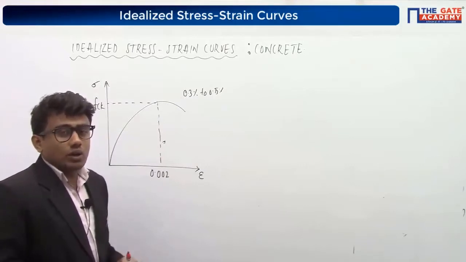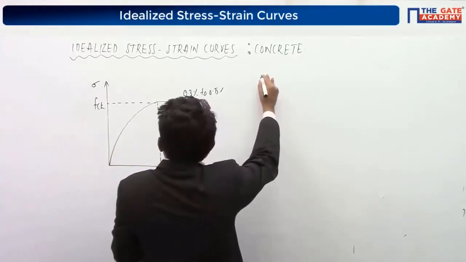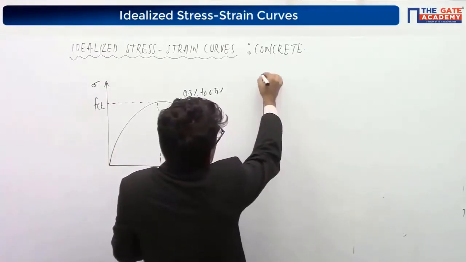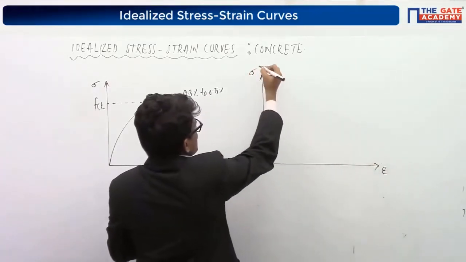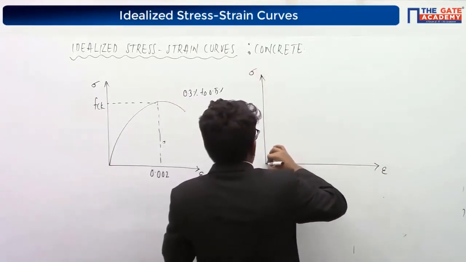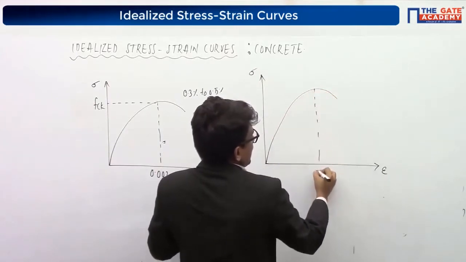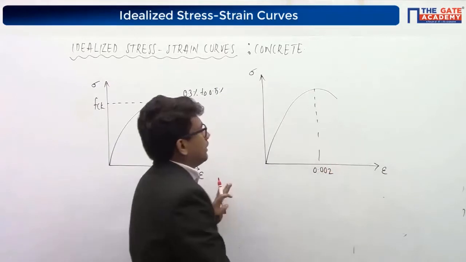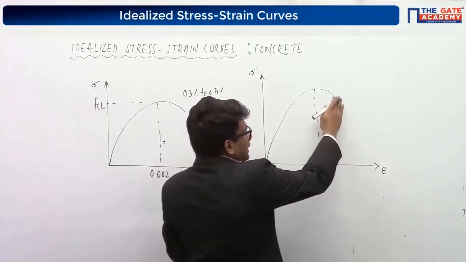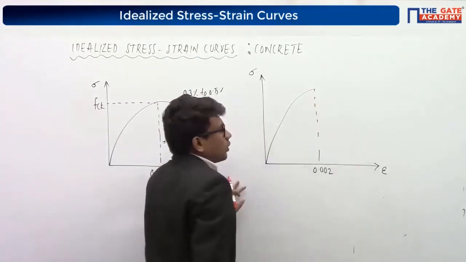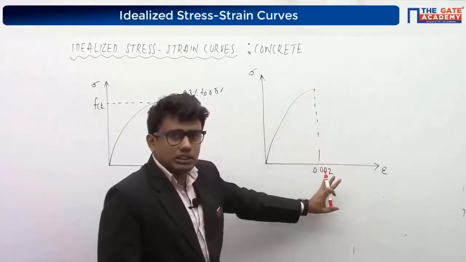Our IS 456-2000 gives us a different stress strain curve. It suggests we consider the stress strain curve like this. Here we have our strain value and our stress value, and we already know the stress strain curve will be like this. This is the maximum stress at the strain value 0.002. It will be a non-linear curve, right? The code tells us not to consider the curved portion after this peak value, or the parabola or non-linear portion after this 0.002 value.